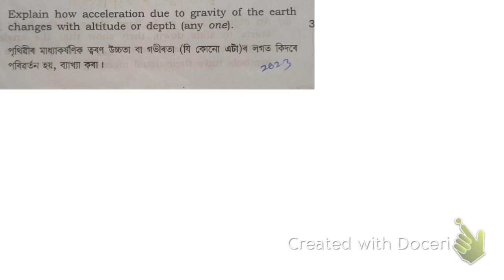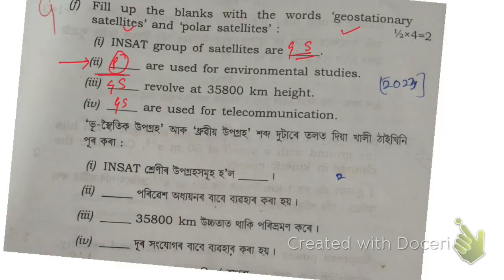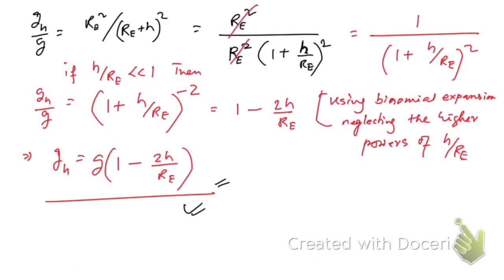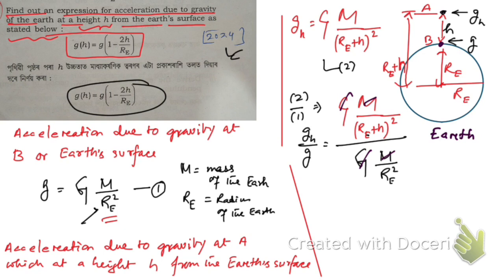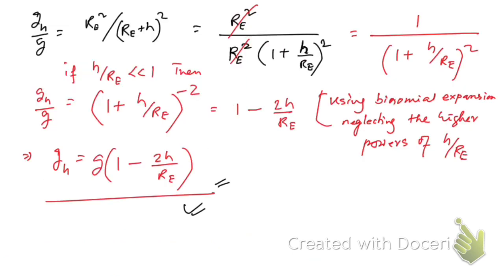So here is the next question, which was asked in 2023. Explain how acceleration due to gravity of Earth changes with altitude and depth. How it changes with altitude, we have already discussed in this question, which was already asked in 2024, right? So here I'm not going to explain this again. Instead of that, we're going to discuss how it varies with depth. How does it vary with altitude or height? We can write here, after writing up to this step, we can say that it is observed